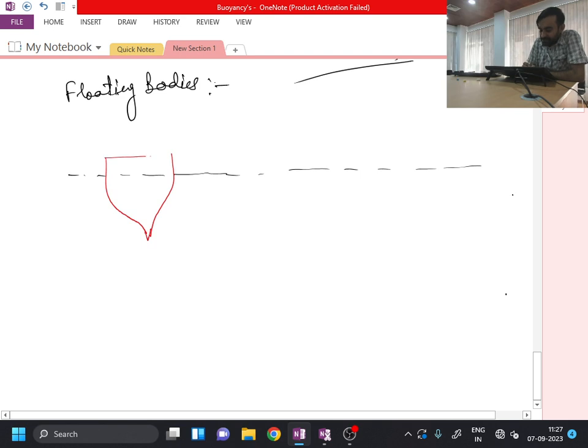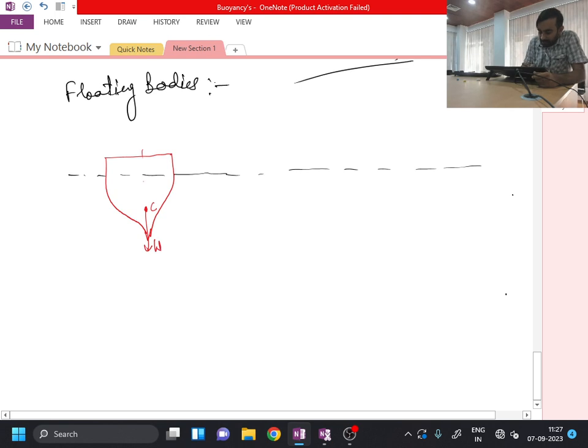Typically, whenever ships etc. are designed, they are designed in such a way that their bottom portion is heavy. So if their bottom portion is heavy, then their center of gravity will be below and the center of buoyancy will be at a higher location, which will give stability. Okay, so then I can say that at this point my centroid is there,